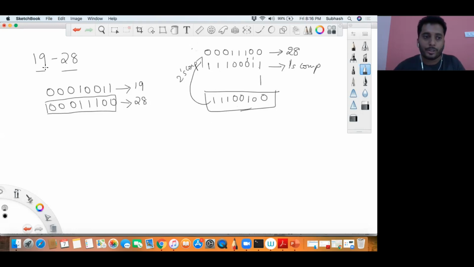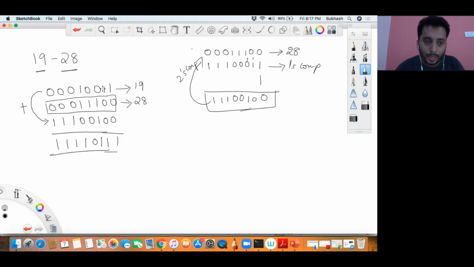So keep the first number as it is in binary, keep the second number as it is in binary, and find the 2's complement of the second number, which I get here, which is nothing but 1 1 1 0 0 1 0 0. Then I have to add the first number and the third number. What do I get when I add them? 1 0 is 1, 1 0 is 1, 0 1 is 1, 0 0 is 0, 1 0 is 1,